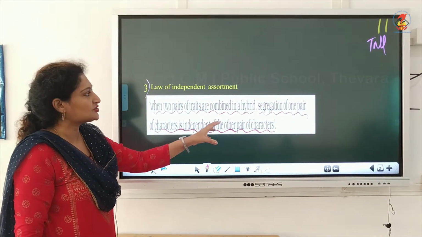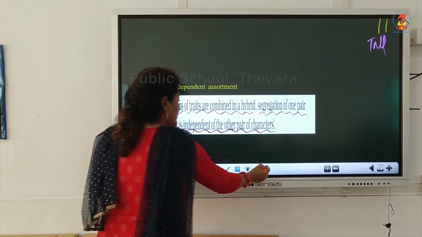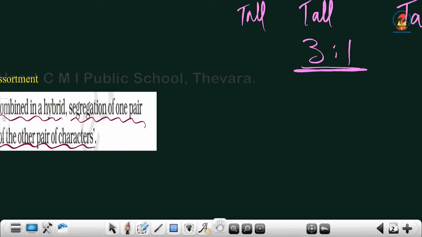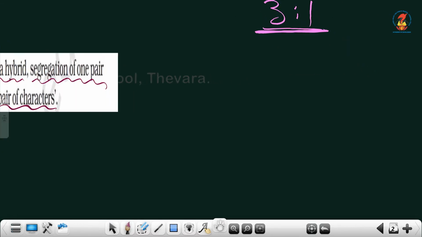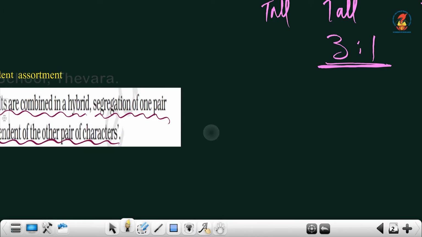This can be well understood with an illustration, and which type of illustration? A dihybrid cross, where the parents are differing in two characters. Monohybrid cross is a cross where the parents are differing in one character. Now, I am going for a dihybrid cross. So, consider the cross between tall parents with violet flowers